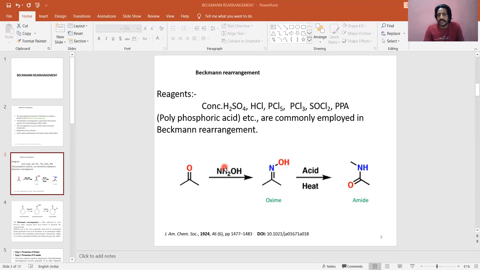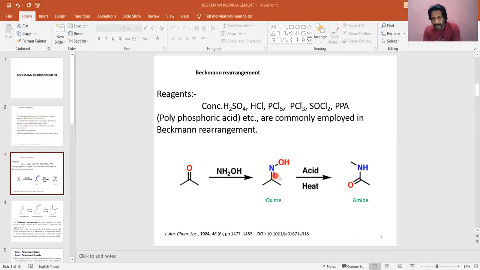But in the beginning itself, I said that this reaction is shown by ketones most of the time because aldehydes are less reactive. So in our next discussions, we will be emphasizing ketones only. Ketones in the presence of hydroxylamine get converted into oxime. So you should know what an oxime is: R C double bond N OH. This is a geometric isomer, due to the restriction of rotation around the carbon nitrogen double bond.